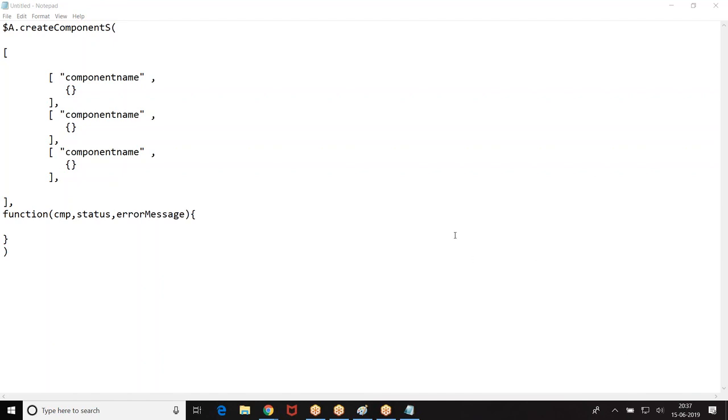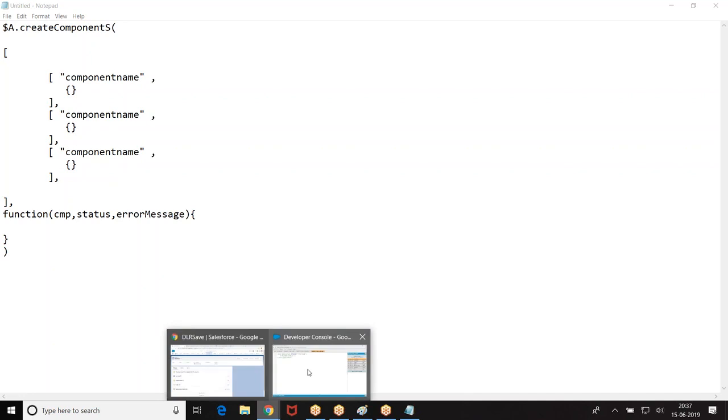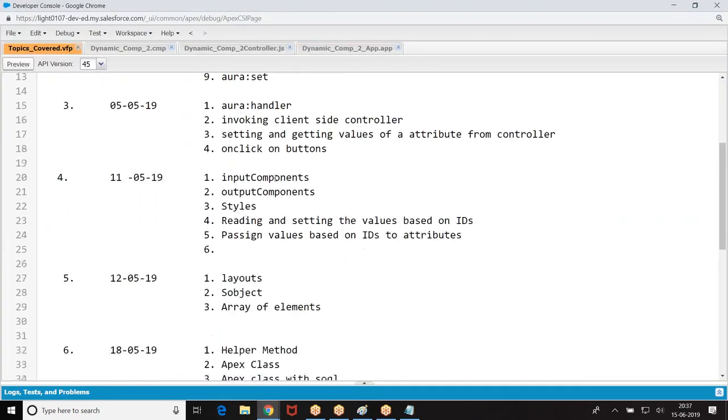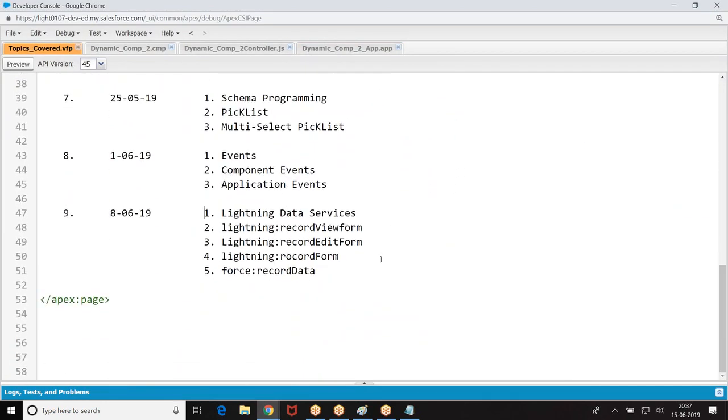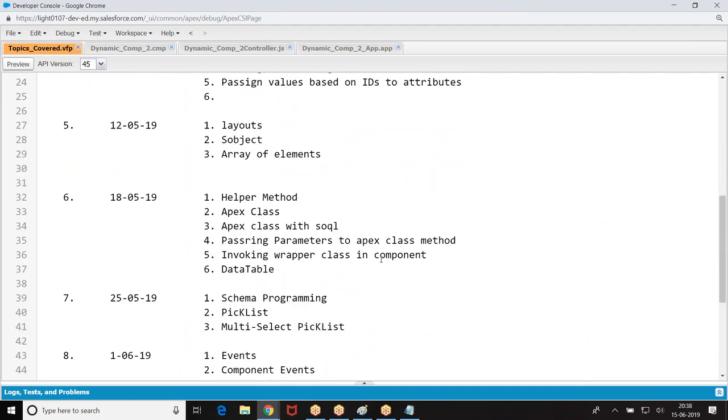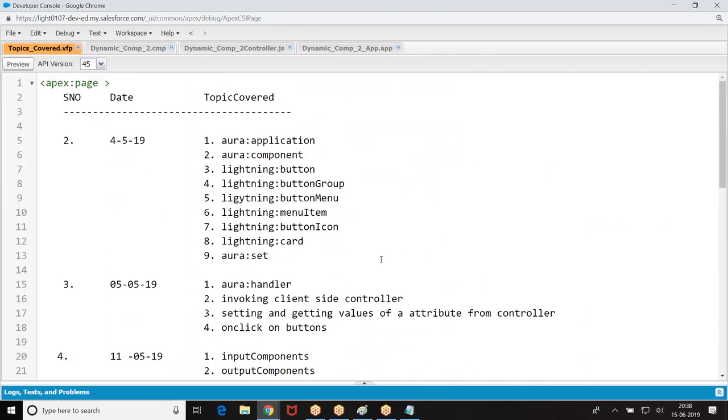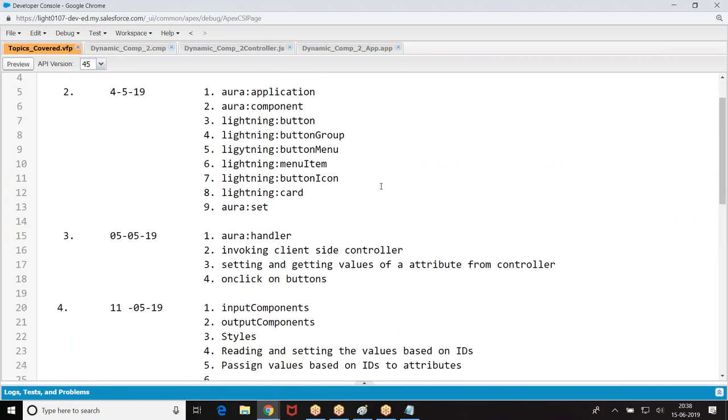Yes, online. Go ahead. Can you show me the concepts we covered until now? You have a list of it, right? Can you go to that notepad once? From the starting. You can log in and check it out. You can log into your account.